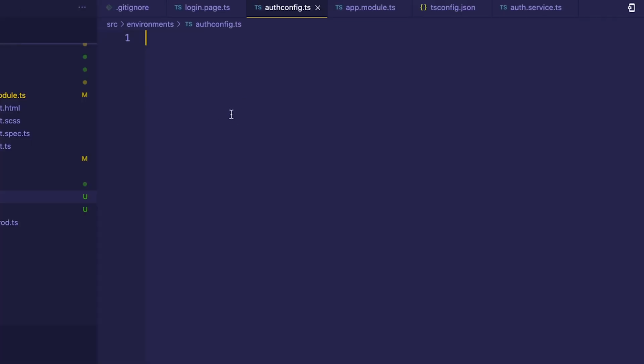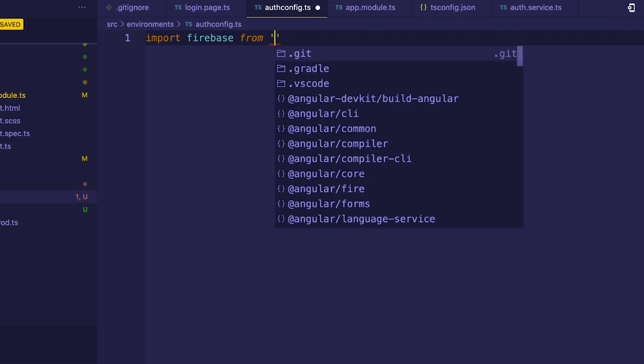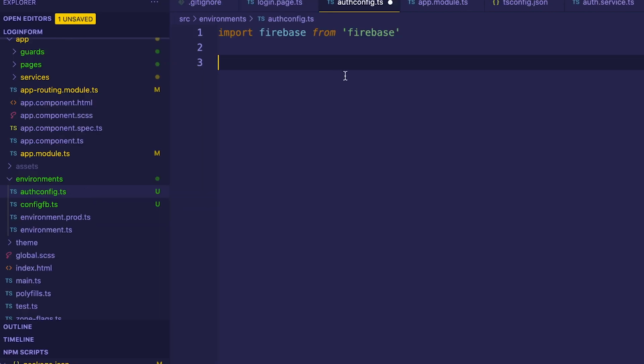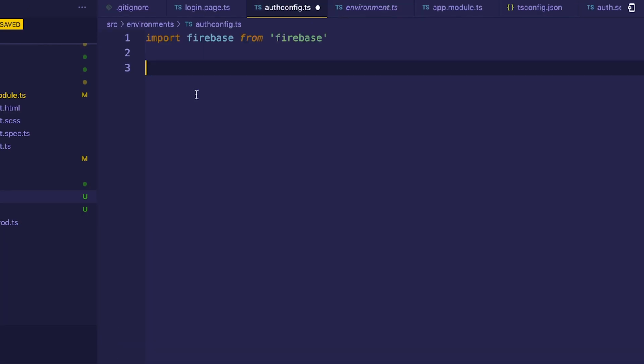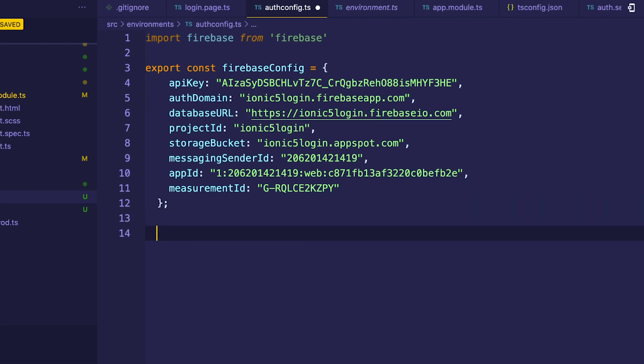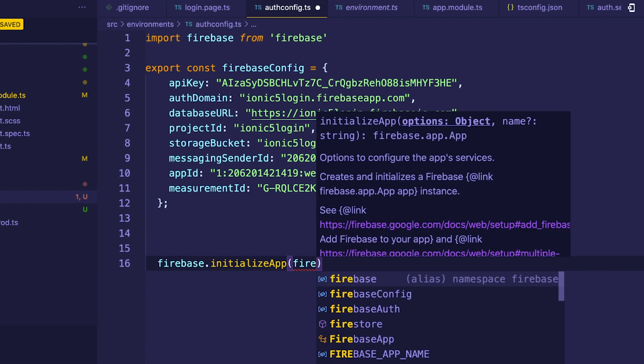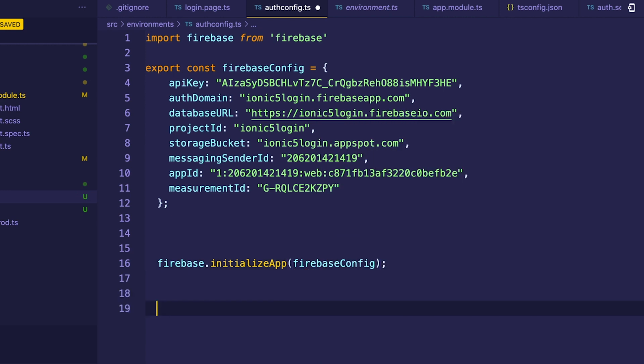authconfig.ts file. Then inside our authconfig file, we'll import Firebase from Firebase. And then here we'll come to our environments. We just copy all this code and just paste it right there. Then here we'll just run Firebase, initialize app, and then inside here we'll just pass in our config file. So after running that, then we'll export a constant which will be Firebase auth, and this one will equal to our